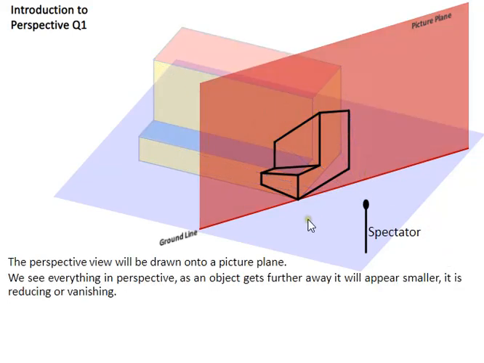So this here is what we're looking at. Now the line at the bottom here is called the ground line. So the ground line is where we start our perspective from. A lot of the time the front edge of the object is placed on the ground line and the picture plane is positioned up against the object here. So this front edge